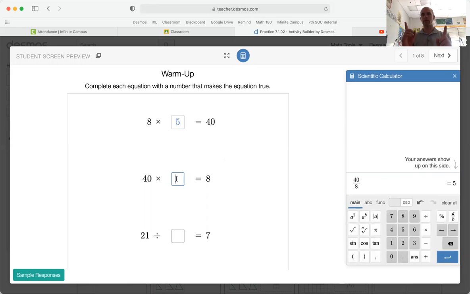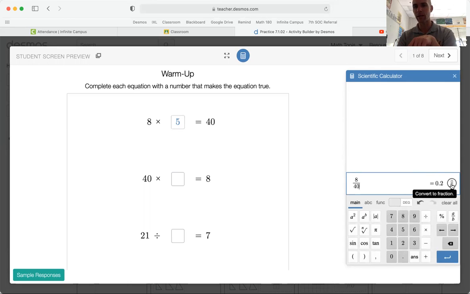Now, the same thing works here, just the numbers are reversed, right? We're still going to do 8 divided by 40 to figure out what goes in that blank. Just this time it's 8 divided by 40 instead of 40 divided by 8. And the answer it shows is 0.2, but I want to show you something. If you hit this button here, it'll give you the fractional answer instead. And it's 1/5, which is important because look,